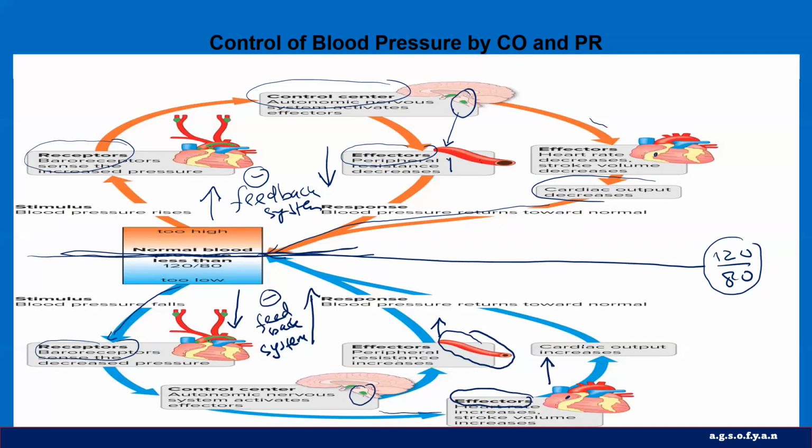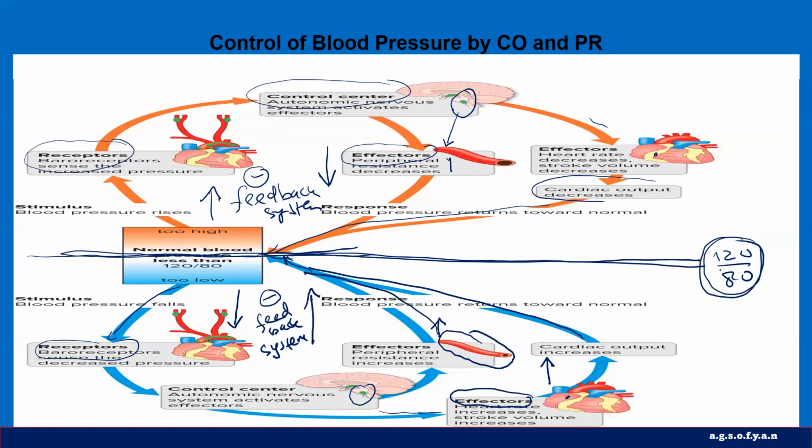Both the vasoconstriction and the increased heart rate will increase the blood pressure,